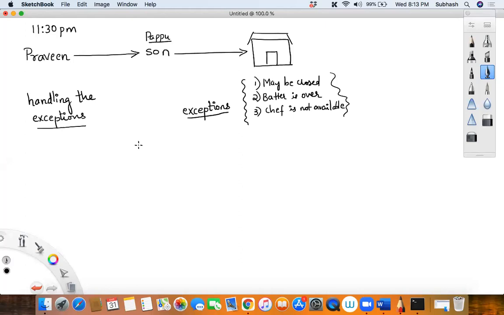Is that clear? Now, what do you mean by exceptions? All runtime errors are called as exceptions. It means you are trying to achieve a particular task, but because of specific reasons, the task is not being accomplished during runtime. It means that during the execution of that particular task there is a problem occurring. That is called as exception.